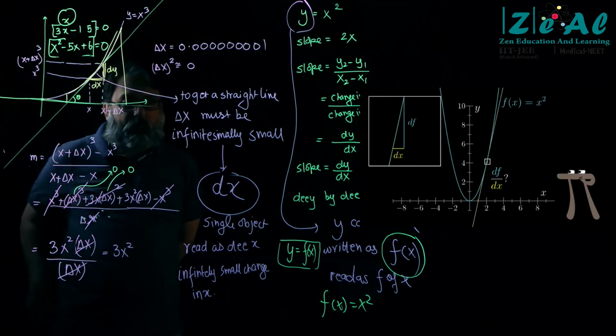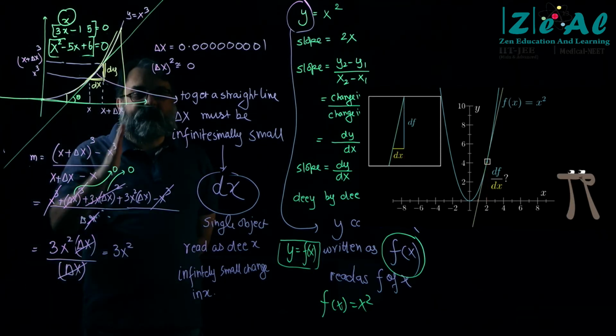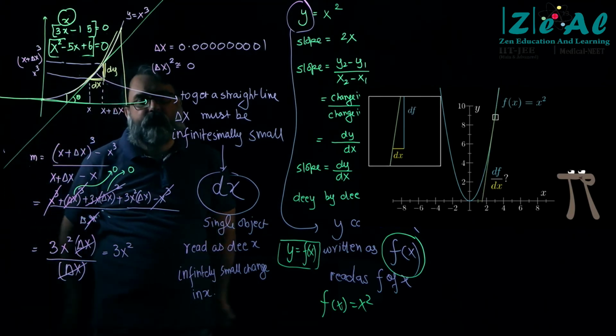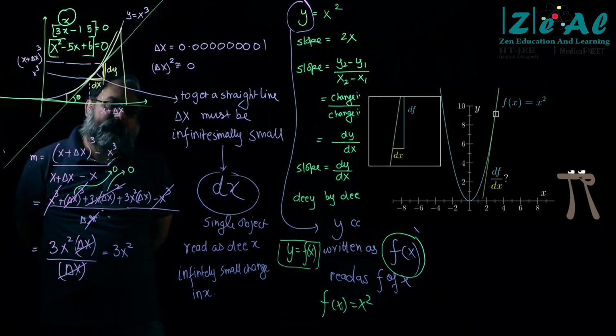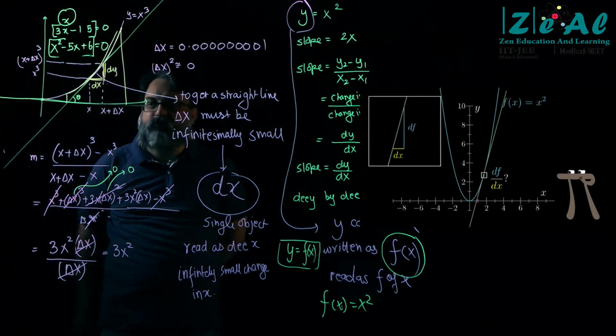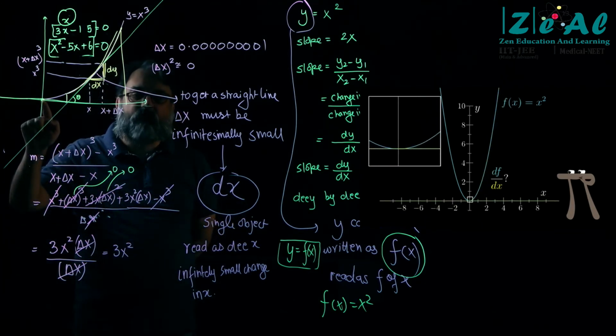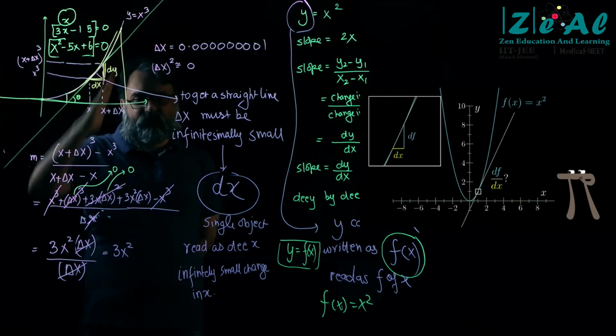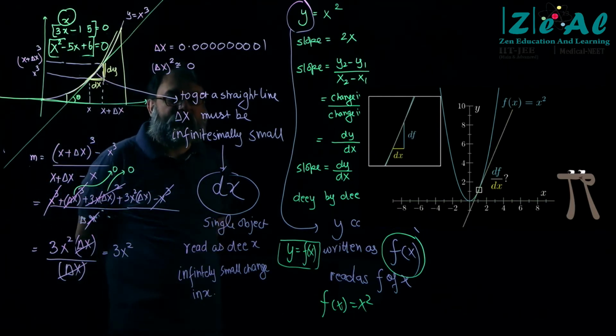If I go up in the graph, this df will keep getting bigger, and if I come down in the graph, this df will keep getting smaller. Therefore, the slope of the graph here will be small and the slope of the graph here will be large. Right? That is what they are trying to say.